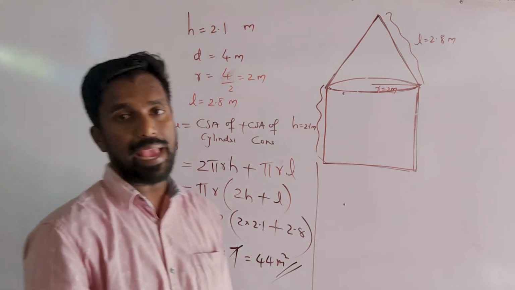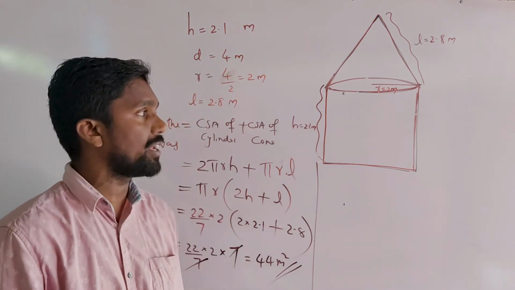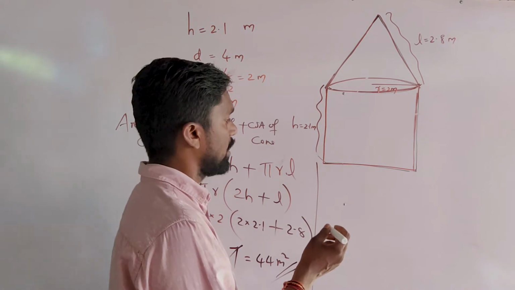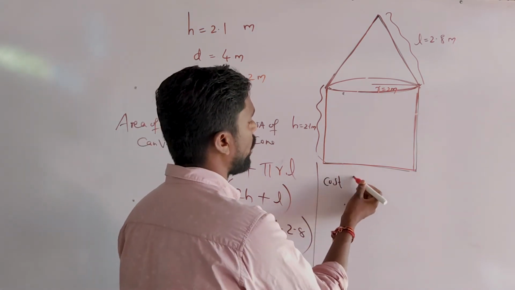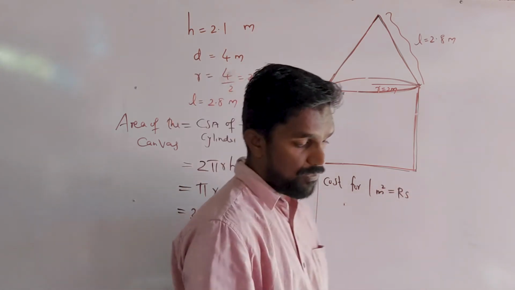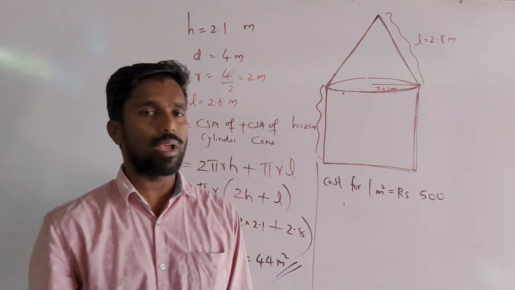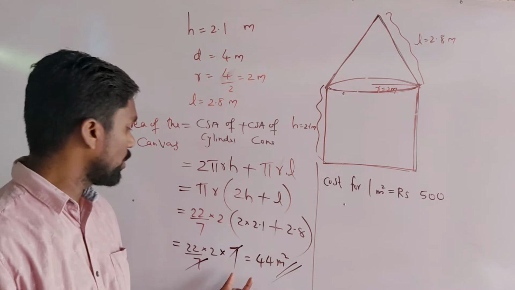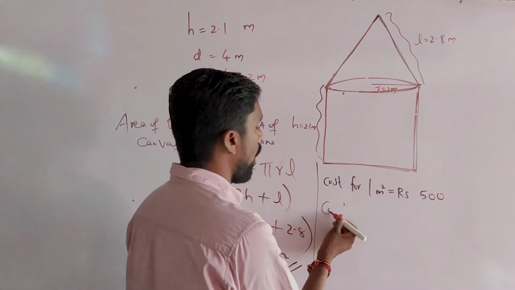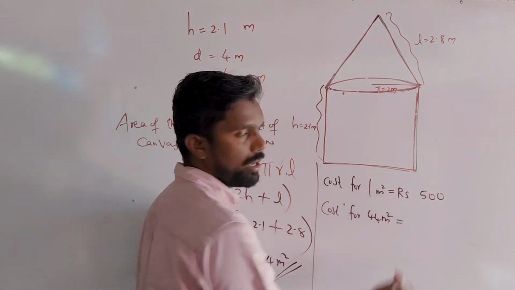What we got: the area of the canvas is 44 meter square. We have to find out the total cost. It is given in the question that the cost for 1 meter square is rupees 500. We got 44 meter square, so the cost for 44 meter square is